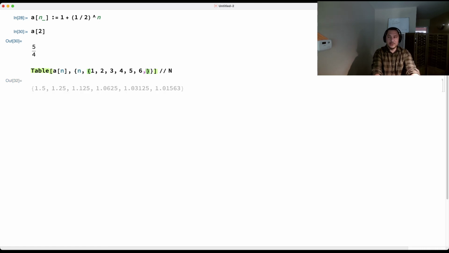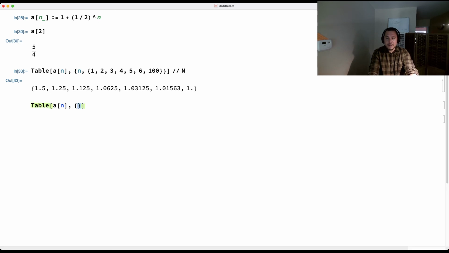You could put in another one there, and say, let's have it plug in 100. Let's have it find the 100th term. By the time you plug in 100, it even rounds straight to 1 for you. So that's one way you can do it. It's actually sort of smart. If you write the table command, and you write that you want it to plug into the function a_n, what you can do